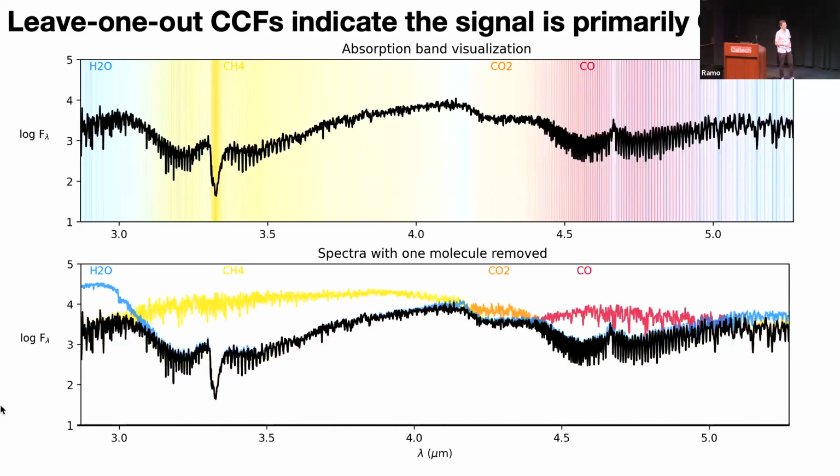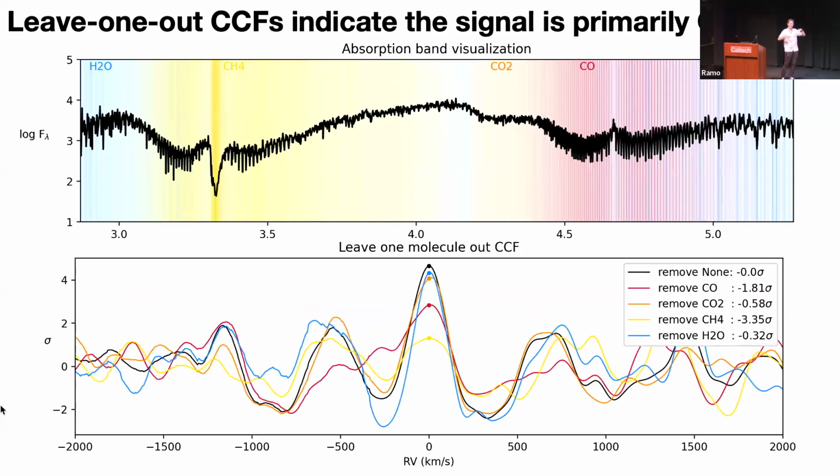spectra. In this figure, I've shown the same synthetic spectra, but with one of those molecules at a time artificially removed from the atmosphere. And so we call these the leave one out models, where we've artificially removed the molecule and seen what the atmosphere would look like without it. And so we use these leave one out templates to compute the same cross-correlation function on the data, and this